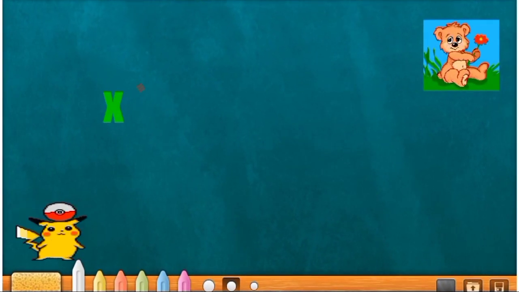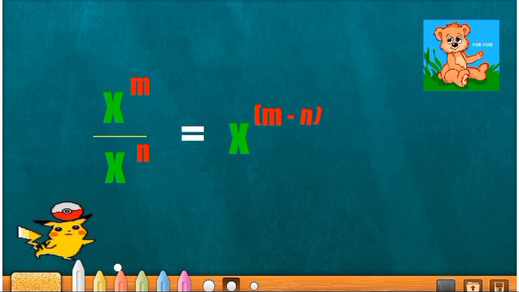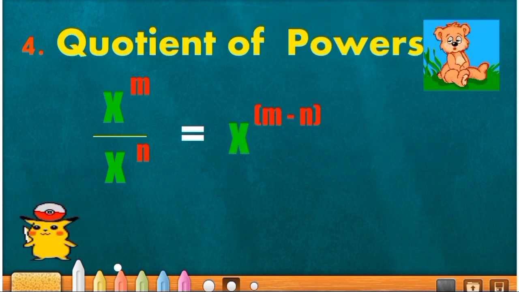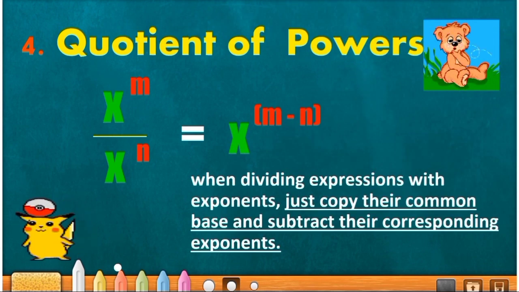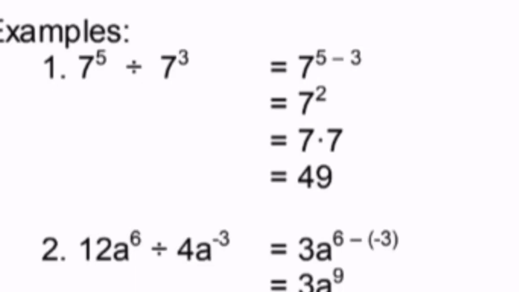With another law of exponents, x raised to n divided by x raised to n is equal to x raised to n minus n. So this is called a quotient of powers. When dividing expressions with exponents, just copy the